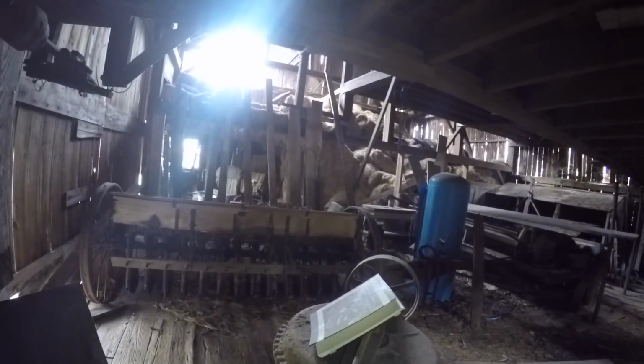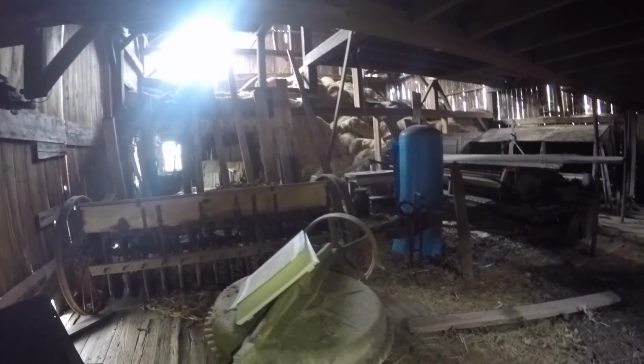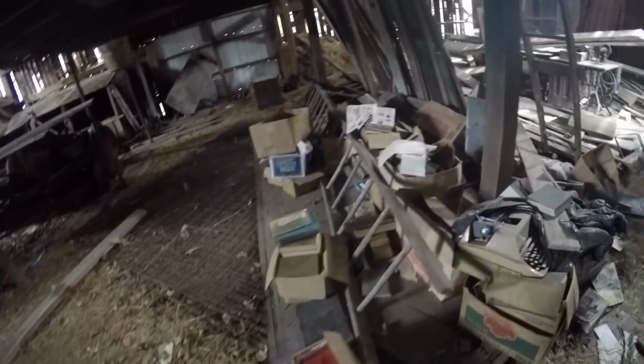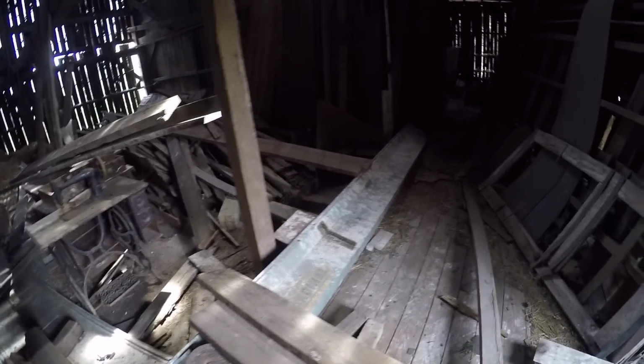Look at all that hay. Glad I don't have to move that, especially when it's this old. I got the books up here. Good old ladder. Washing machine. Fresh air smells good. Not that this is moldy. It just has a